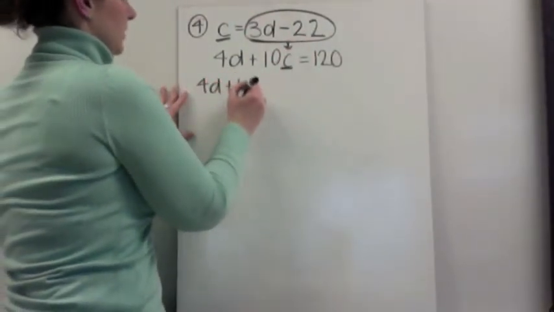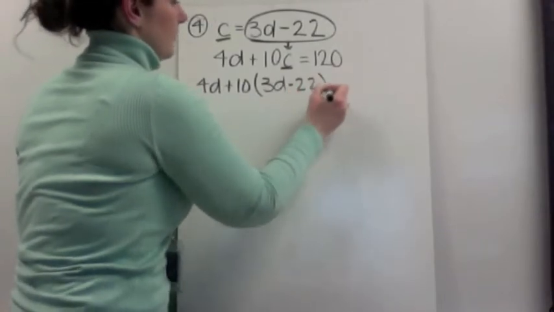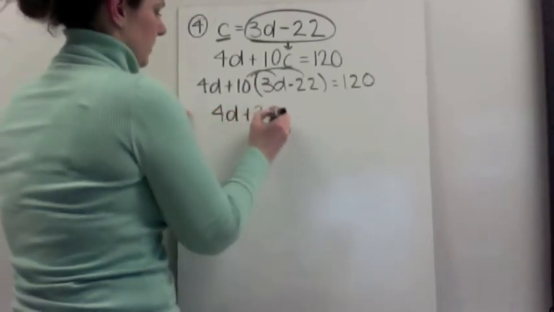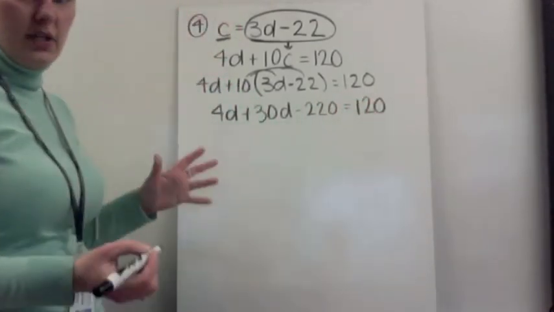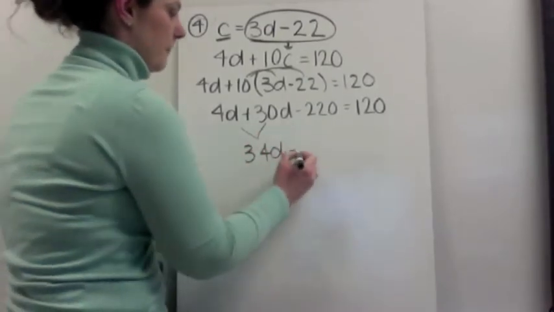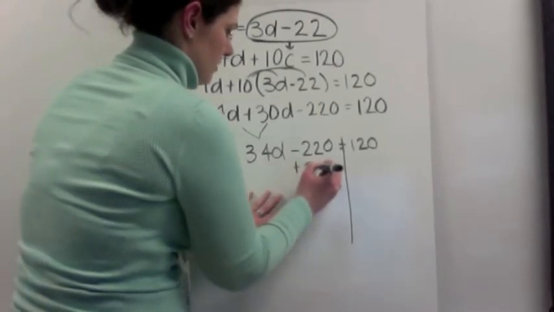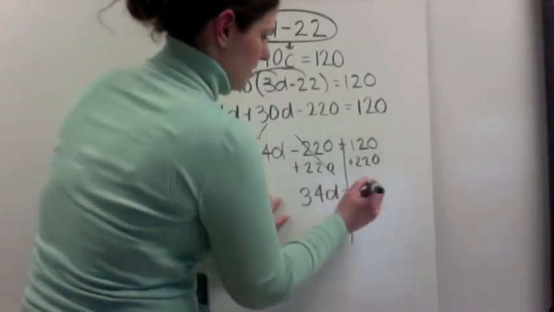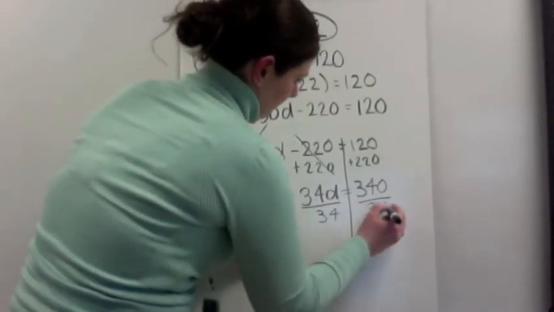So 4d plus 10 times, take out my c, substitute in 3d minus 22 equals 120. Distribute my 10, 4d plus 30d minus 220 equals 120. Just did my distributing. Combine my like terms. 4d plus 30d is 34d minus 220 equals 120. Add my 220 to both sides. 34d equals 340. Dividing both sides by 34, we know d